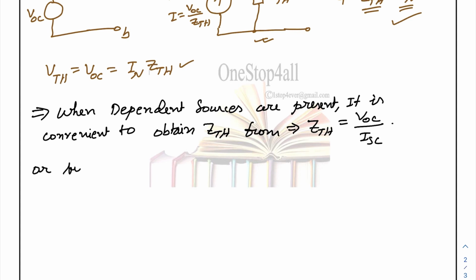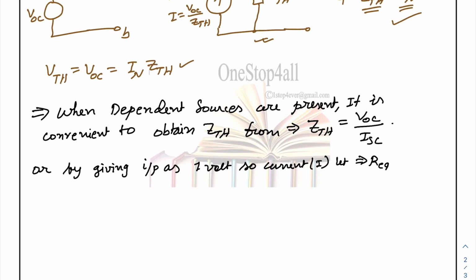और कैसे निकाल सकते हैं, और बाय गिविंग इनपुट एज 1 वोल्ट। मान लीजिए आपने क्या किया, इनपुट को 1 वोल्ट दे दिया, ठीक है, 1 वोल्ट दे के सो करंट I, लेट इट बी I, और आपने इनपुट दिया 1 वोल्ट, और उसके कॉरस्पॉन्डिंग मान लीजिए करंट जो है ना I करंट फ्लो हुआ, तो R इक्विवेलेंट क्या होगा, मीन्स टोटल इक्विवेलेंट वोल्टेज डिवाइडेड बाय करंट। सो वोल्टेज इज 1 बाय I। तो इस तरह से हम लोग